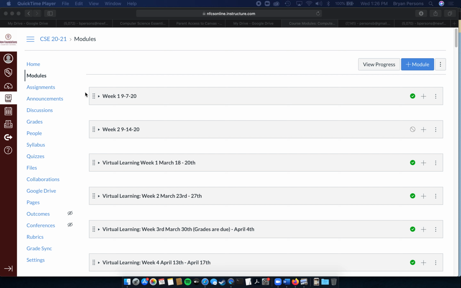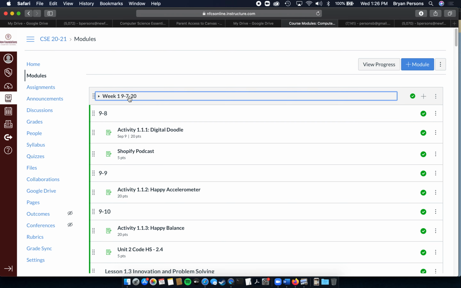So this year we're asking for a weekly module that shows all content of students' work. So the breakdown would include the following: a module name with the current week. So week 1, 9/7/20. A text header that would show the current content, or a page that would hold all the content. A Zoom link for daily live lessons. And then within the text headers or pages, assignments for them to complete, and other links that would help out